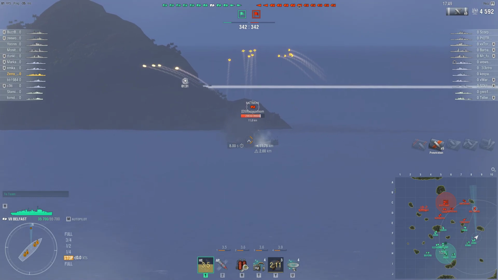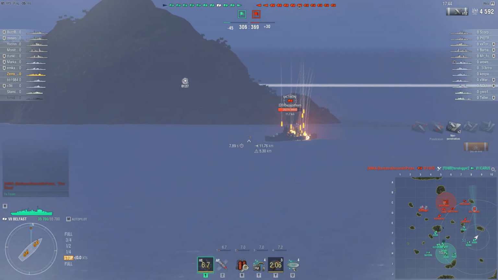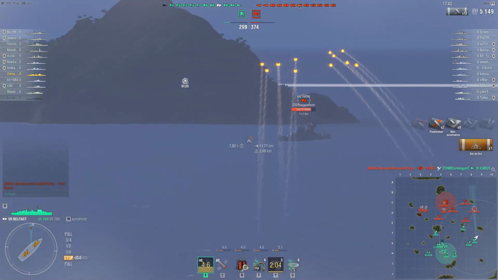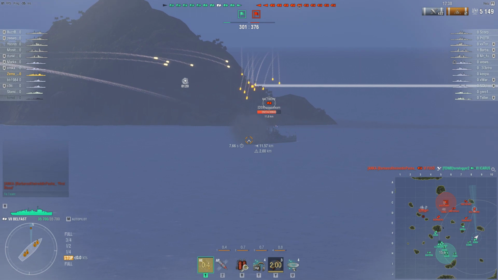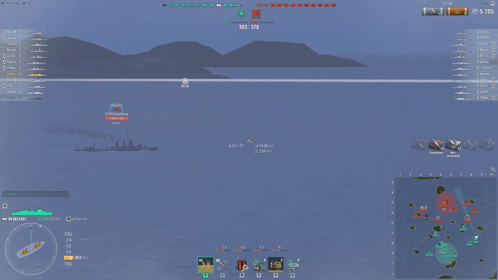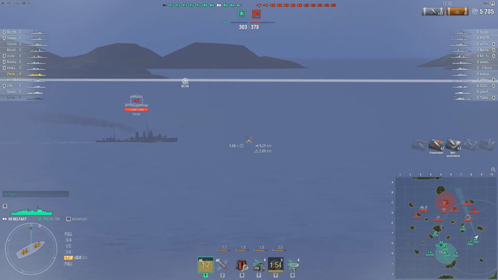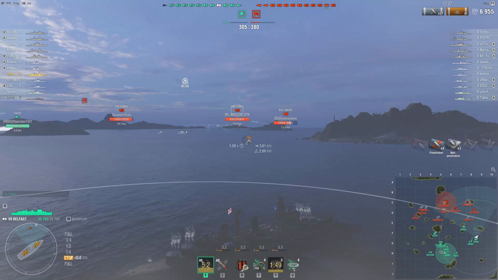Remember, guys, and this is kind of important, that they buffed all tier 8 cruisers. I'm talking about armor wise, so you're not gonna have a lot of success penning a tier 8 cruiser when you are a tier 7 cruiser, because Baltimore, it's a heavy cruiser, and a heavy cruiser has totally different armor,